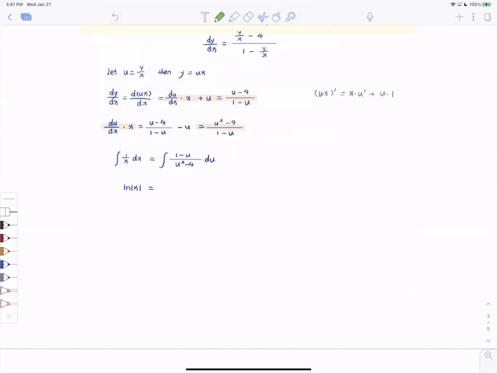So 1 minus u over u squared minus 4 equals a over u minus 2 plus b over u plus 2. Now you need to find your a and b. Yes, separate the fraction. Exactly. All right, so this equals